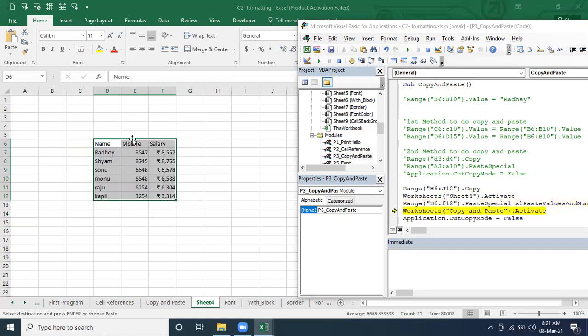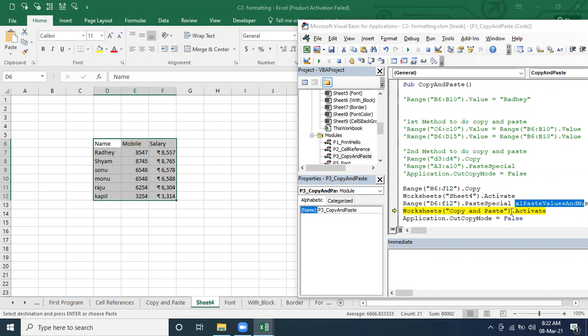And what value? Whatever we copied, in that copied area we want value and number formatting. So only value and number formatting is coming, it's not coming all together. Hope it's clear. And the next one is what? Then we want to come back to our working sheet where we were working. Correct? So how we